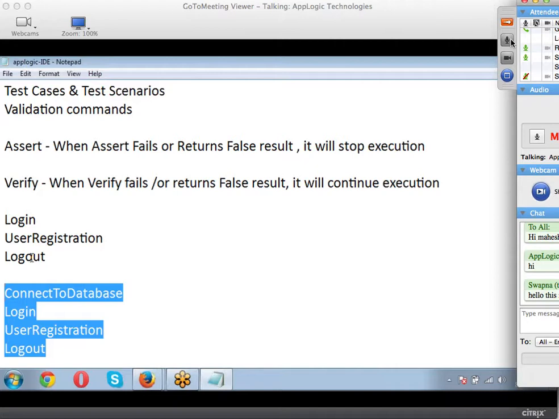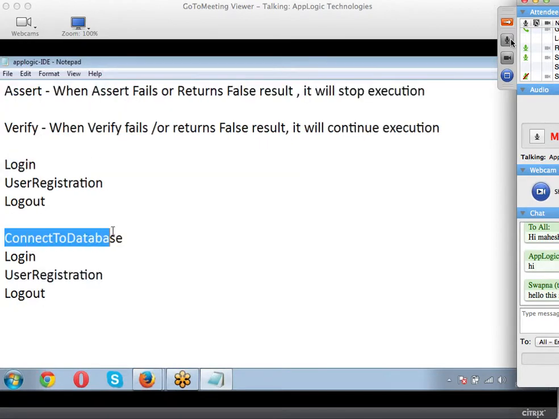I have to write some code for connecting to the database, but it is not mandatory that I connect to the database every time. If I want to log into my Gmail page, I can directly use my credentials if I know them. No need of connecting to the database. So at that point, you can use verify commands so that connectivity to the database will be established.